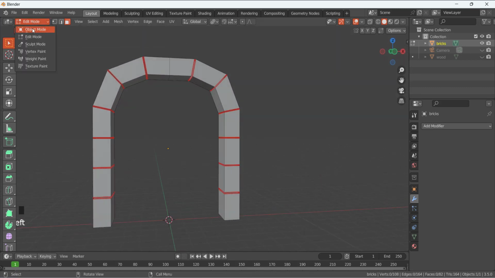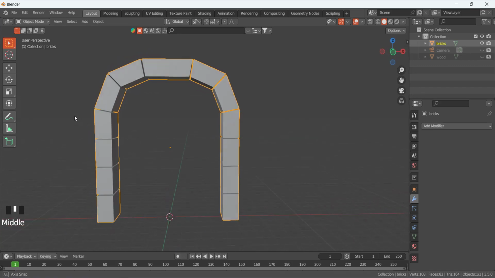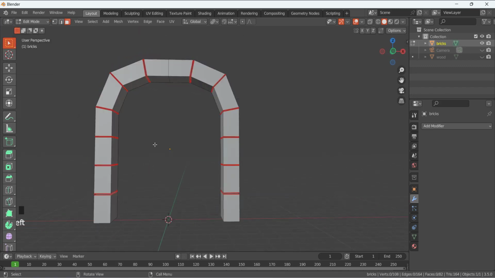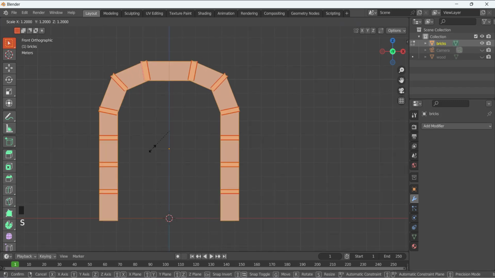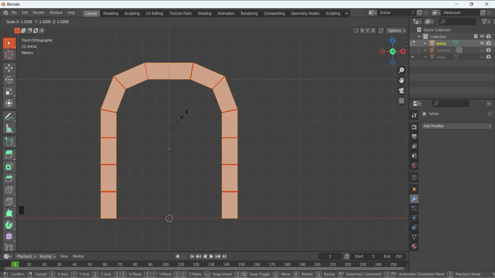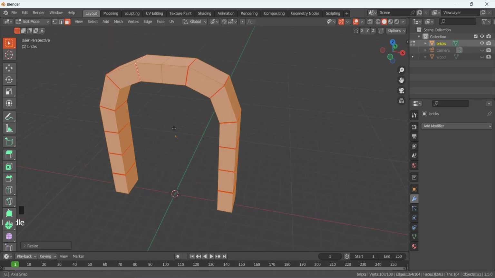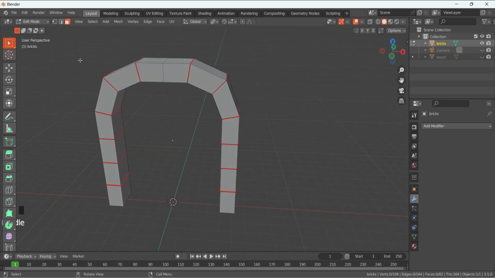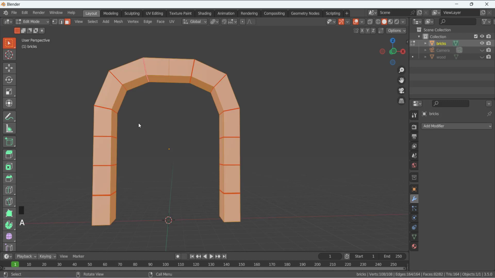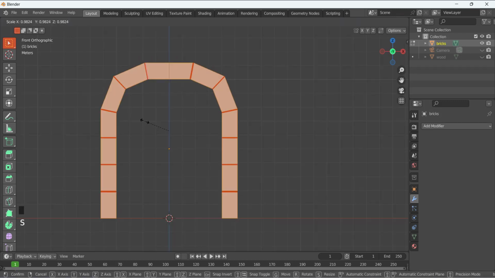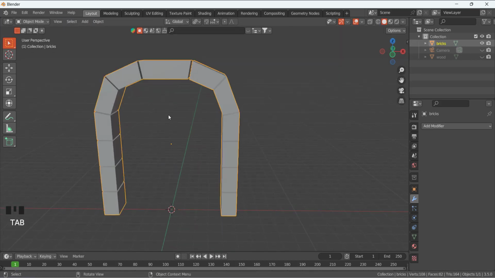So basically we have the gap. If we go to the object mode, we can see we have the gap, but I think this gap is also big. So S and press Control, press Shift, sorry, like that. So we have a smaller gap. Like that is enough. Okay,